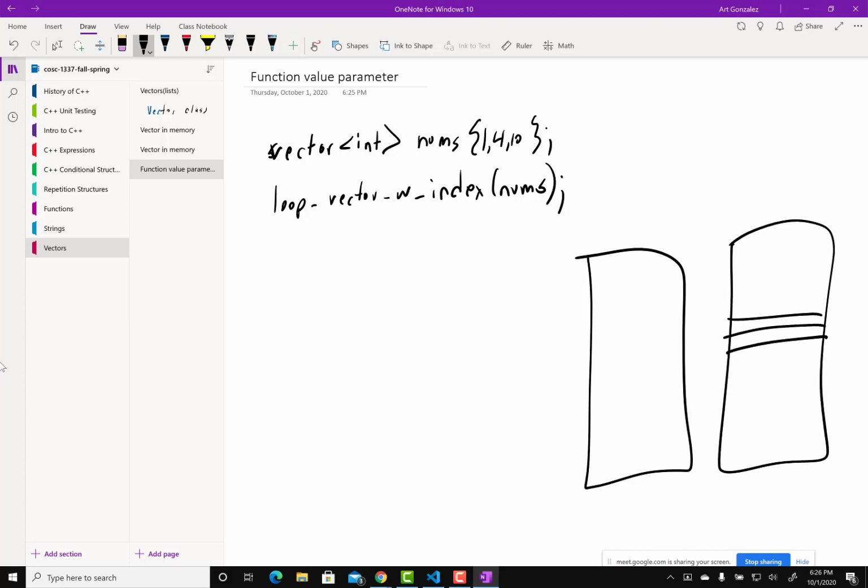So we got some values here, 1, 4, 10 at some address. So we know that this is going to be x11, some number. This is a stack, and the heap